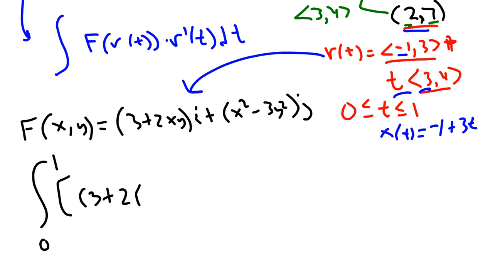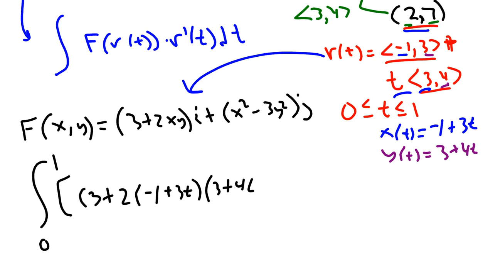And then y of t is equal to 3 plus 4t. So there we are. So this is going to be 2 times (negative 1 plus 3t) times (3 plus 4t). And this whole thing gets multiplied, close parenthesis, times i,